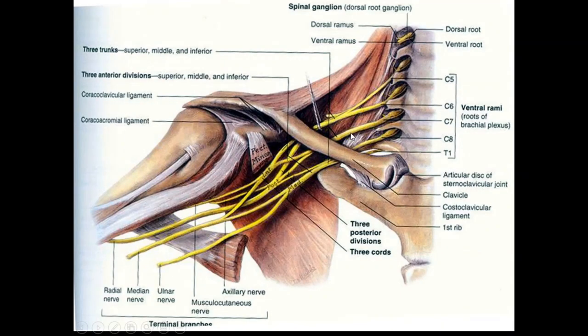Now again in this you can appreciate the stages. These are the root stages. These are the trunk stages. These two stages are present in the neck posterior triangle, otherwise supraclavicular. This division stage is exactly present in the apex. That apex is bounded by the clavicle. So that is the division stage. Cord stage and branches stage you can appreciate in the axilla along with the dissection of the axillary artery.